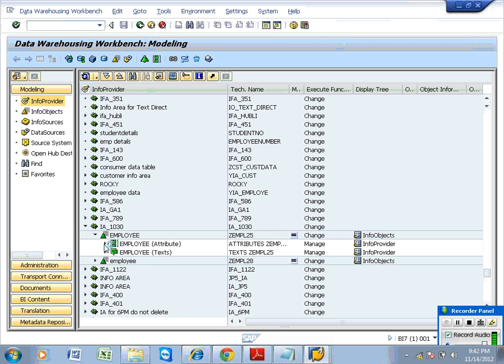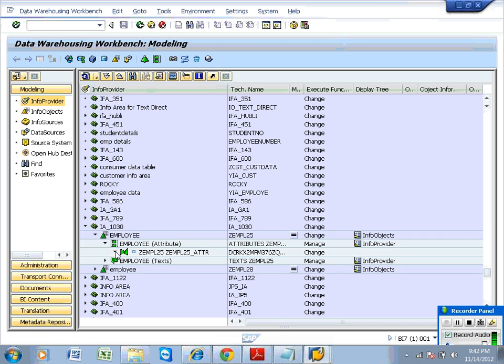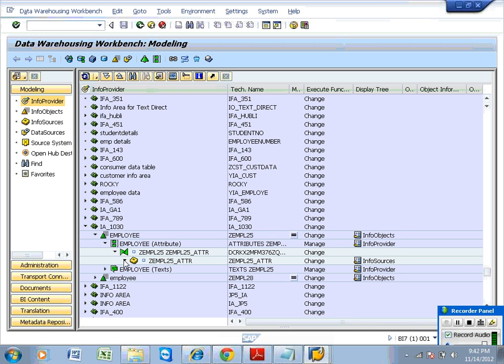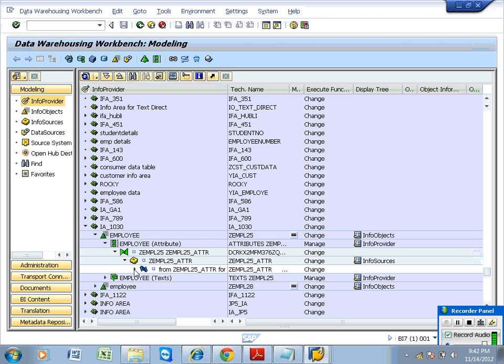Okay, we have the data target, employee attribute data target, and update rule, info source, and then transfer rule, then data source. What I said before, for each data source you can find one PSA. If you want to see the PSA information, then you have multiple options. The first option would be